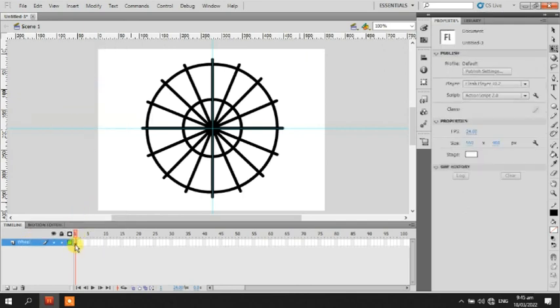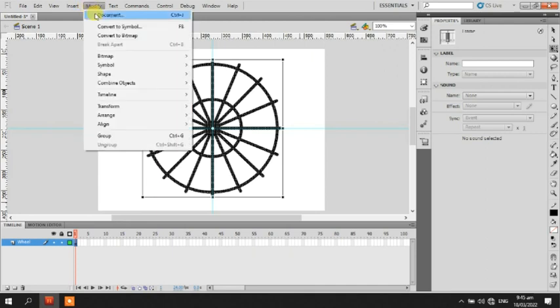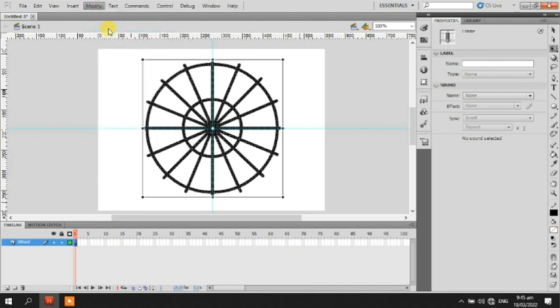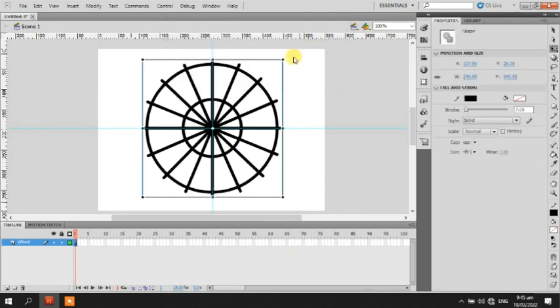After that, the things we do will be in just one layer, and then we're gonna make it a symbol of wheel, and then after that